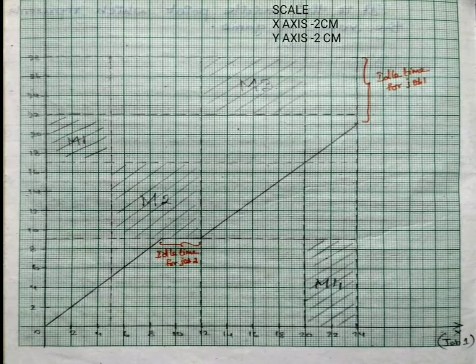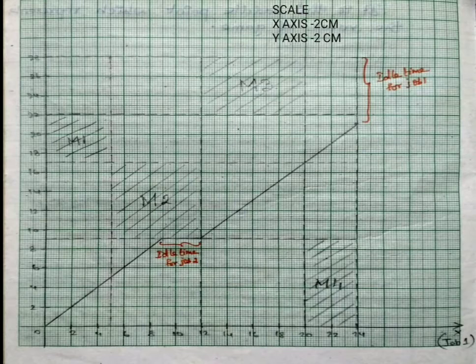So here we have to start with this line, and this will be finished. That's all. Up to this only we have to come, because for job 1 the last value will be 24. For job 2 the last value will be 28. So up to 24 you have to stop. That's all. So the remaining time will be the idle time for job 1. Here up to 21 you have to finish. So listen carefully, up to 21 it will be stopped. So 21 to 28 will be the idle time for job 1. Similarly, the idle time for job 1 is 7.